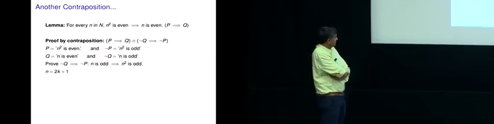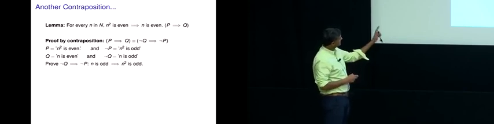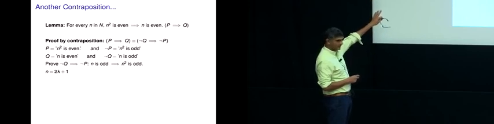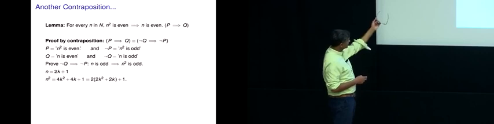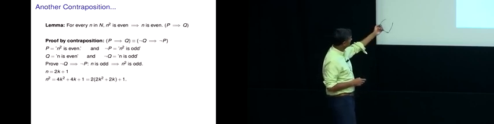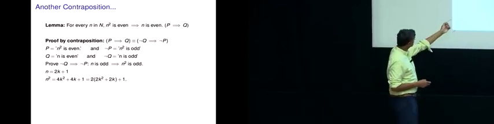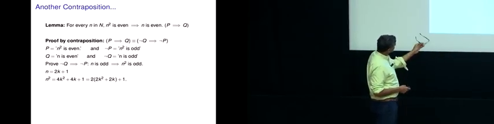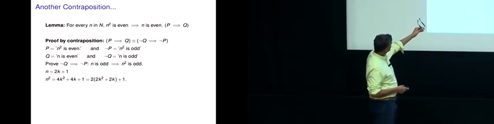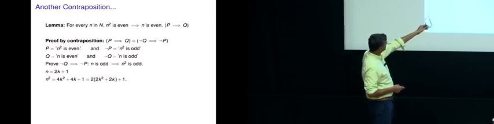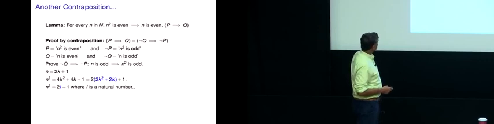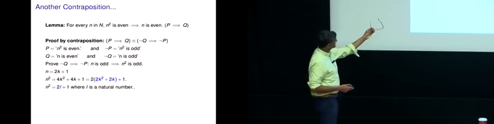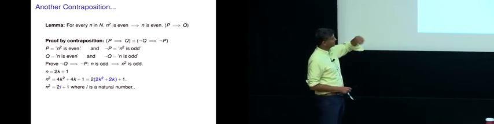So n, we write it down as n equals 2k plus 1. It's still not a triviality in words, but once you translate what odd means as an equality, then it becomes very easy. You obviously square both sides to get n squared on one side. And you know how to square, so this is how you square. And now you notice that you can factor 2 out of the first 2 terms, which is what's happening here. And now we have n squared is equal to 2 times L plus 1, where L is this 2k